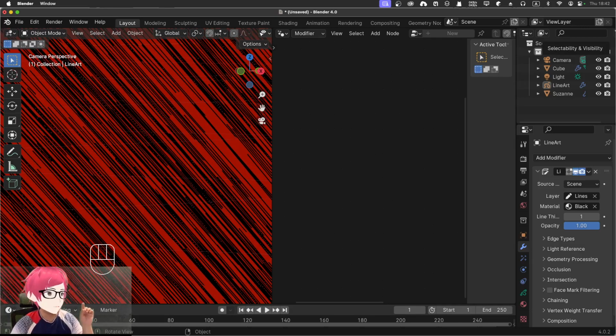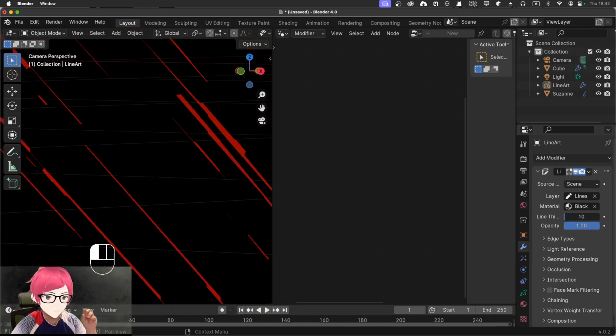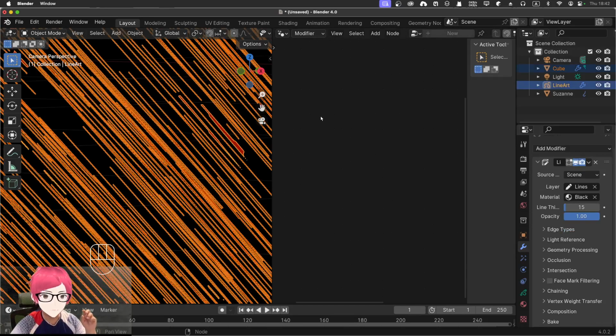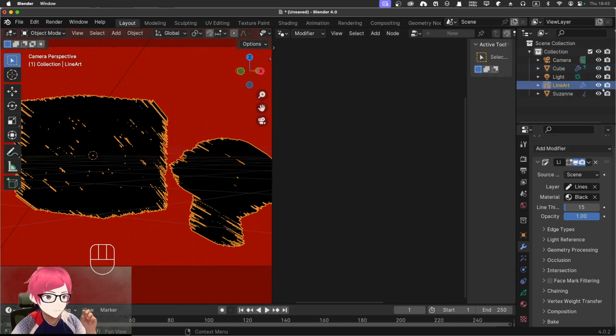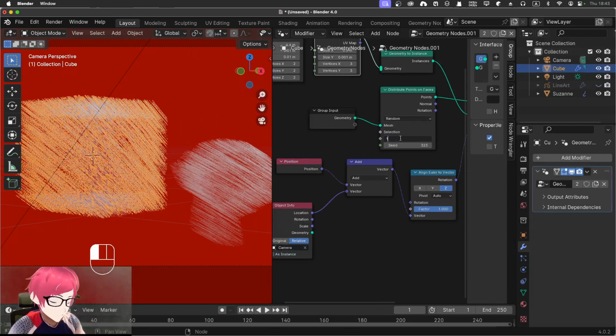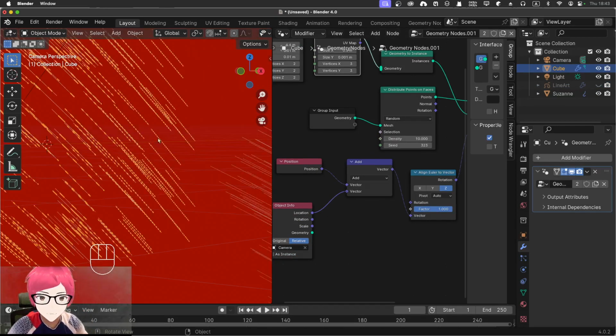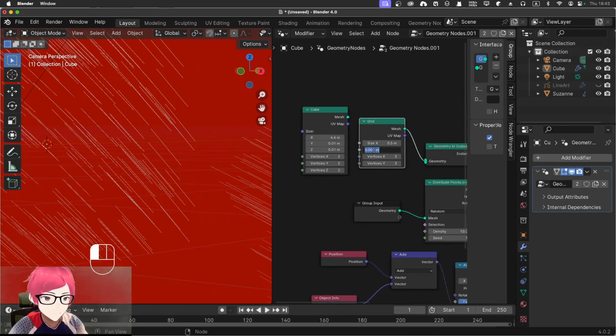Okay, I know, maybe the instance is too thin to show. So yeah, I might need to increase the, yeah, I got it. I maybe need to get rid of line art, got it here, and decrease the density to a relatively low number. Okay, but at the same time increase this to